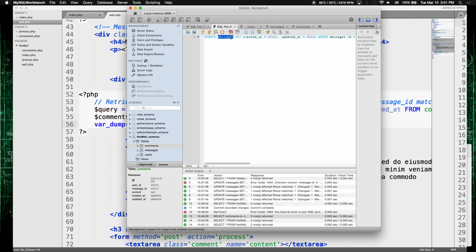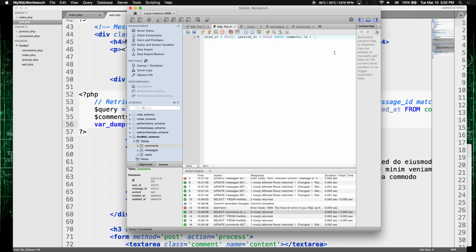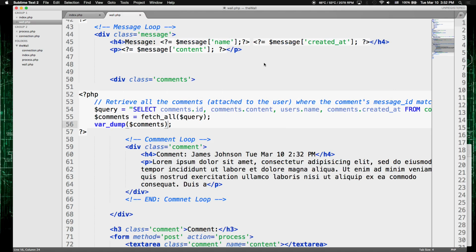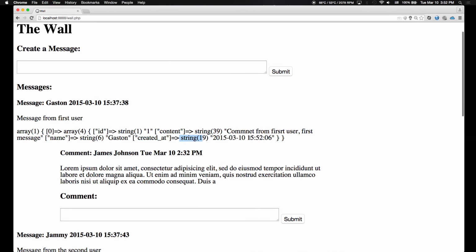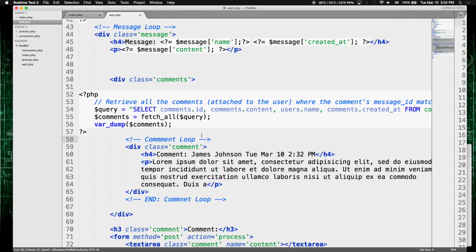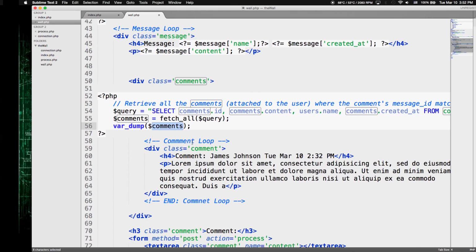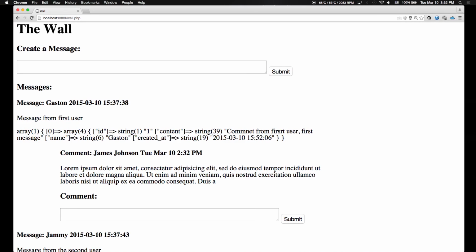So update comments, set created update ads, where comments.id equals to 1, 2. There it is. Now we got the date also on there. So I know that my comments record var dump is